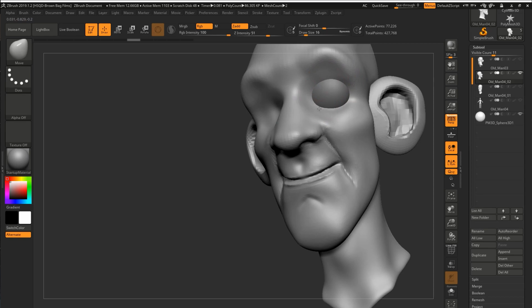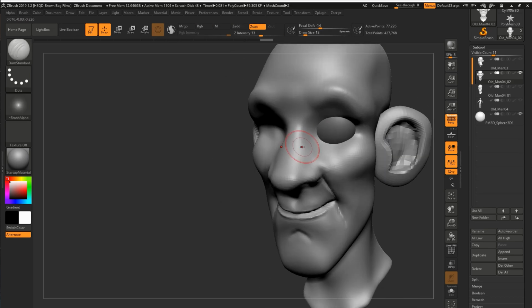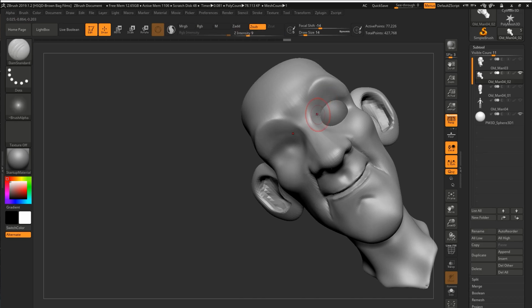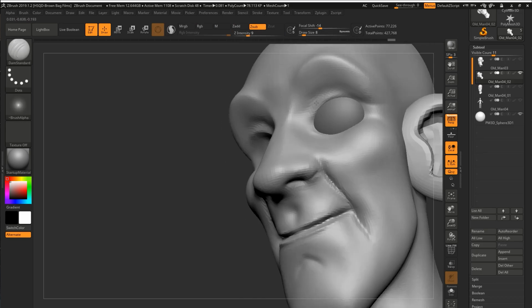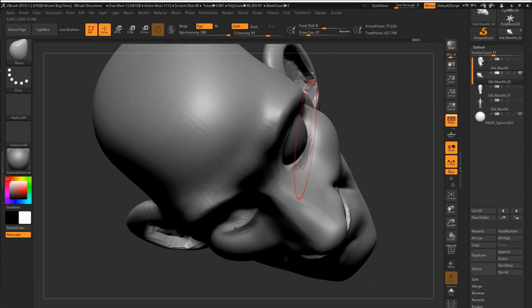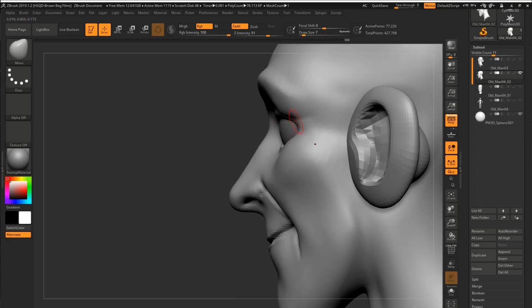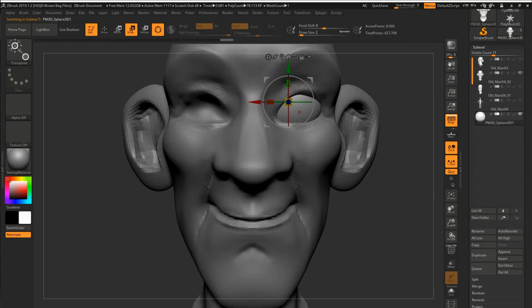So again, inserting another sphere for the eyes, and there are a couple of ways that you can do eyelids. You can take some of the curved brushes and wrap them around. You can sculpt the eyelids like I would do in this case. And this is a bit more traditional, more sculptural method, and I like it because it gives me a better